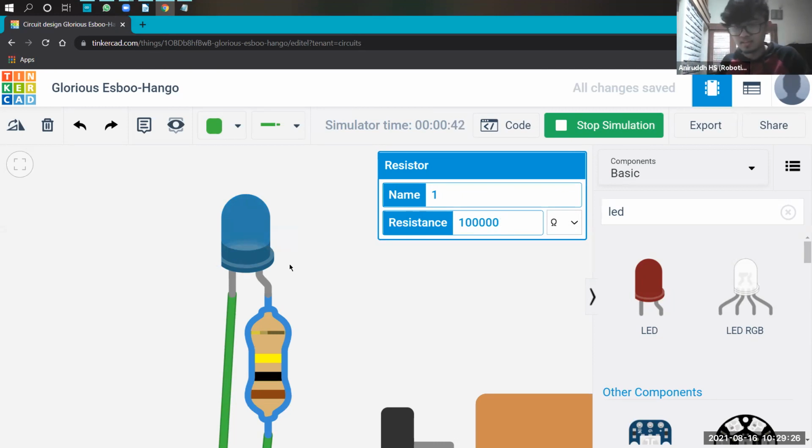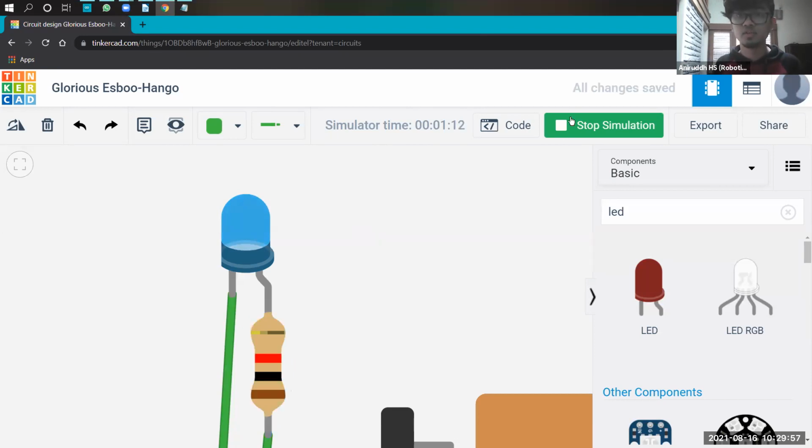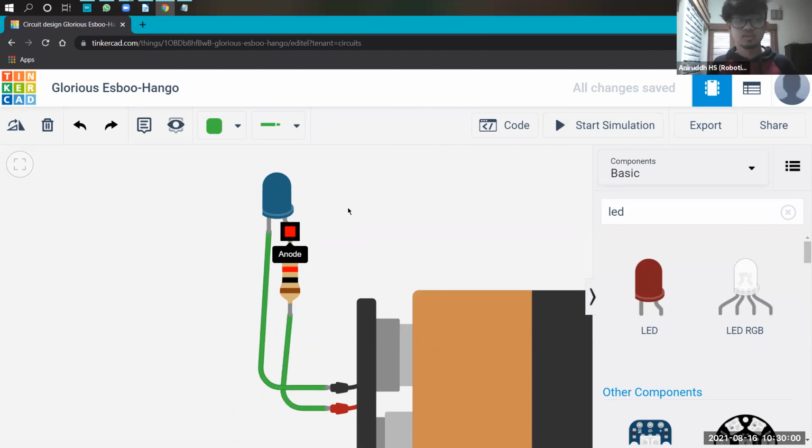Everything it's barricading, stopping everything. So now I'll make it more. 1,000,000. So like that. If I keep increasing the resistor value, at one point the resistance will be so high that the LED will not even turn on. It will be off. That's because there will be a 100% traffic jam, so they will not allow any electrons to flow through. So that's how resistance works. And the unit of resistance is right here. So that's how you call it. You say this resistor is a 100 ohm resistor. This resistor is a 1000 ohm resistor. So that's how you call it. Okay. So this is how it's done.